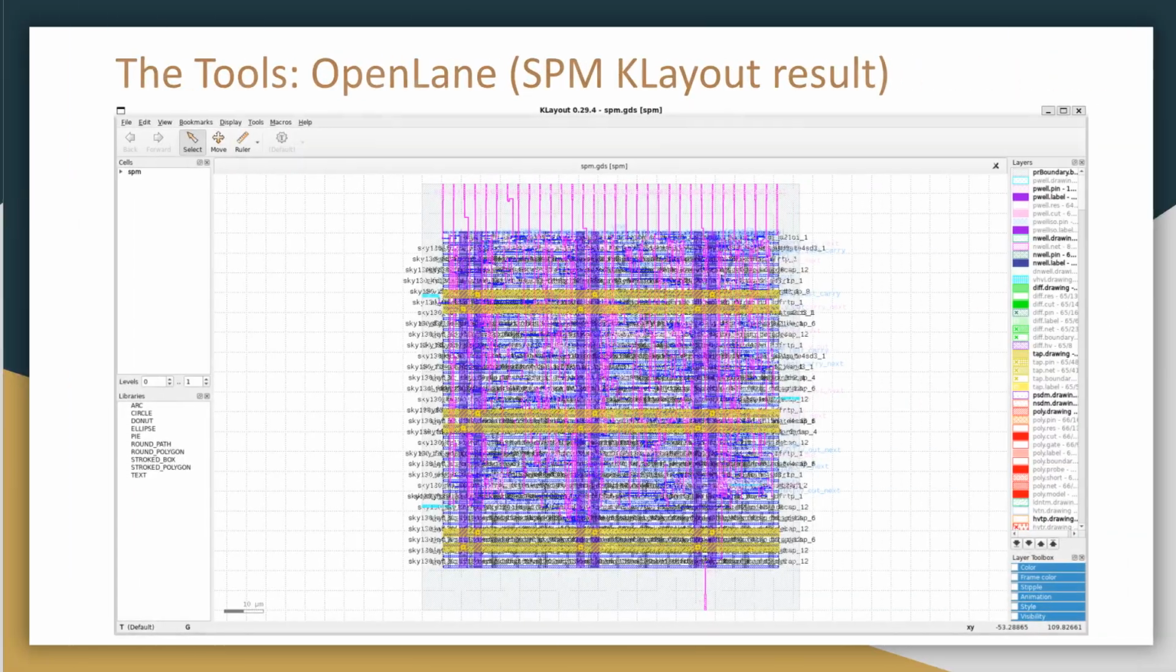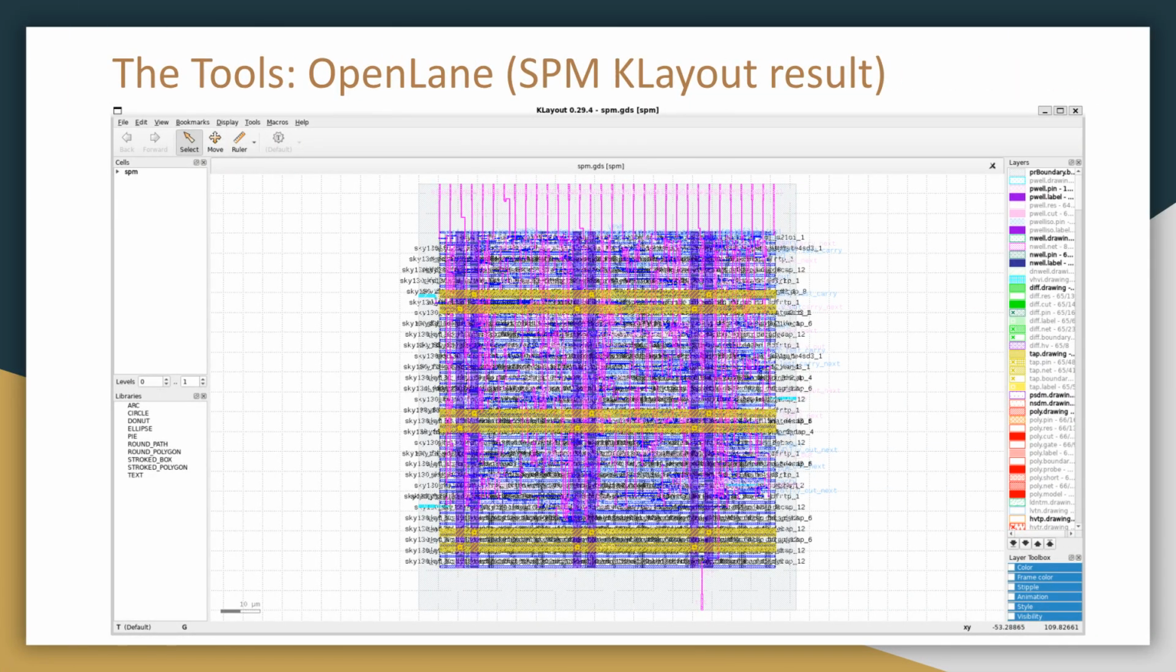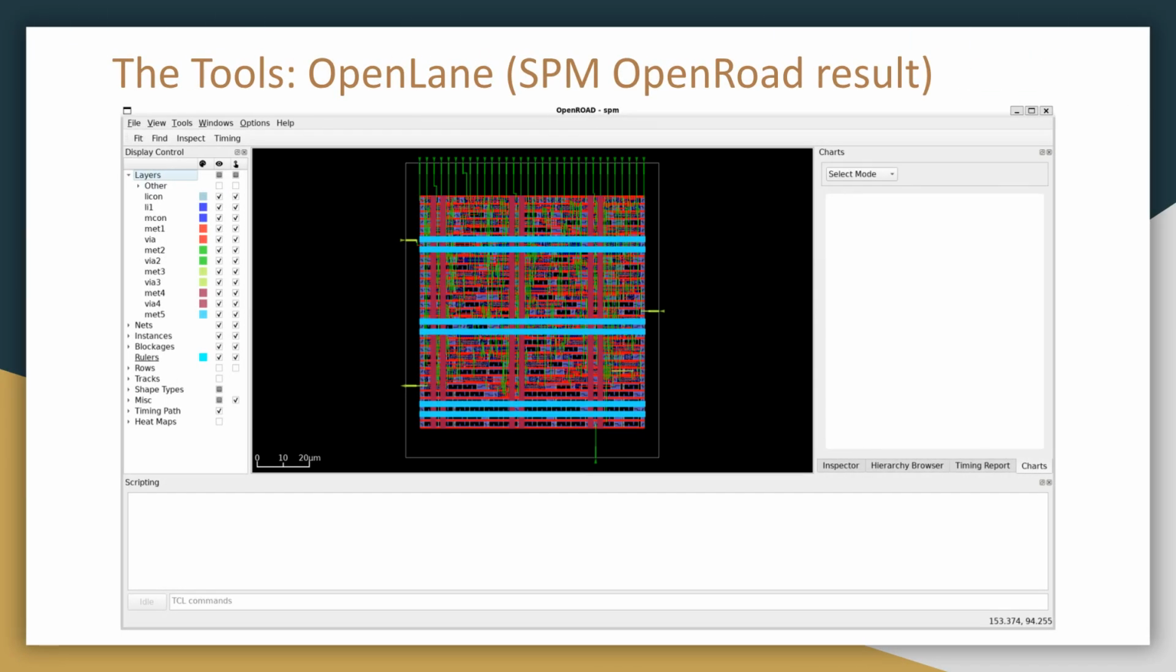structures of our design. After the initial layout, KLayout allows us to view and inspect the final GDS results, ensuring all design rules are met. Finally, OpenROAD provides a detailed view of the placed and routed design, helping us verify the physical implementation of our